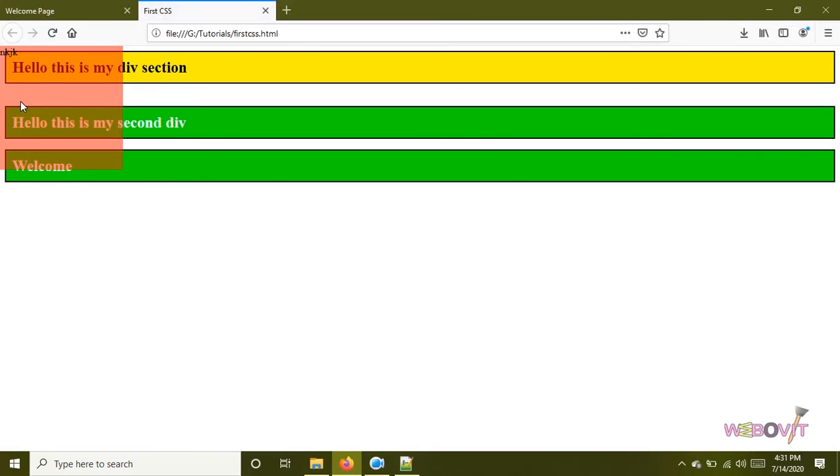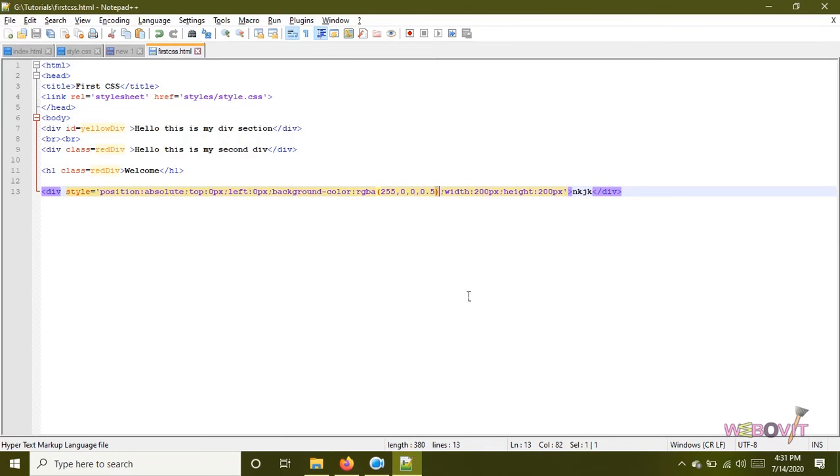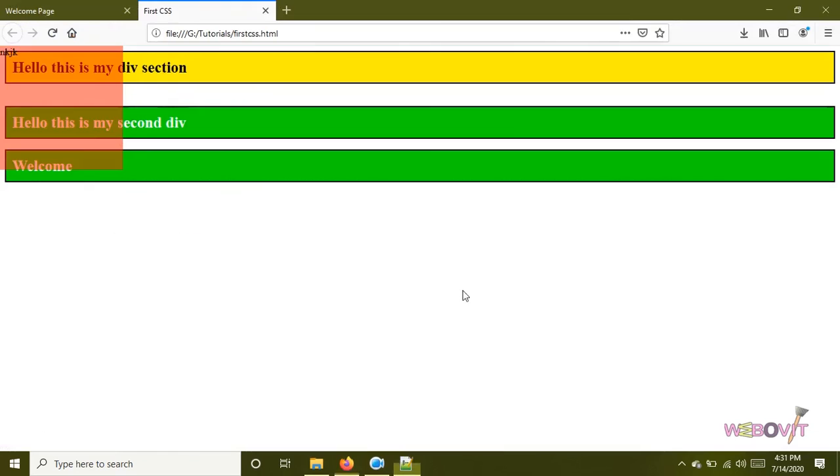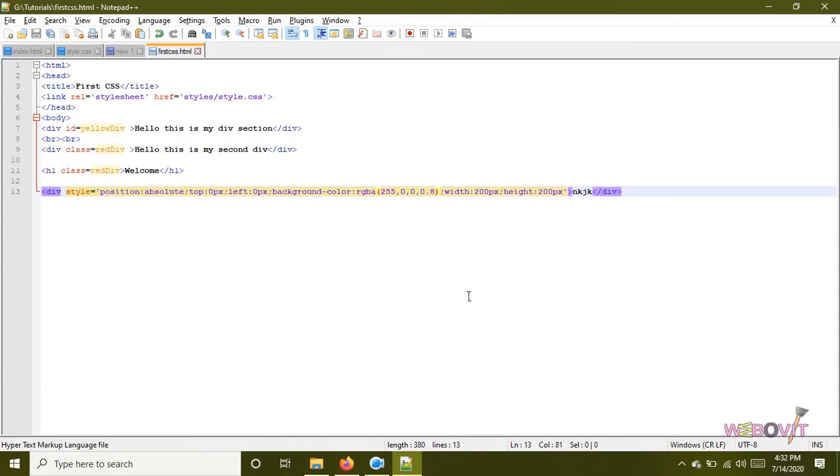If I refresh the page, now I can see what is backside also, and I can see this content also. This is 50% transparent. If I make it 80% transparent, now this one is appearing like this. So our main motive was to teach you what is RGBA color mode, what is hexadecimal color mode, and what is RGB color mode.